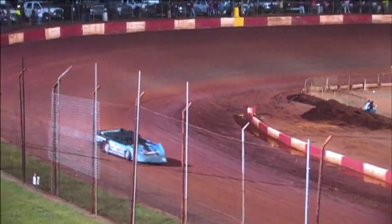Up next, the number 9 of the Tomb Raider, the train mobile of Jason Croft. Croft, a regular here, traveled a little bit with Ray Cook's Spring Nationals and did a little Southern National racing. He'll dial in a very fast